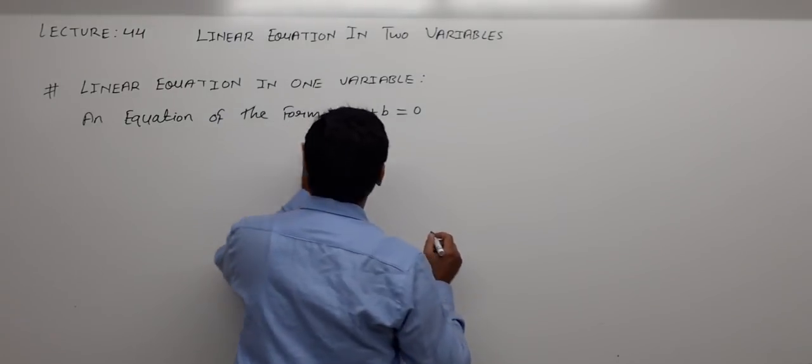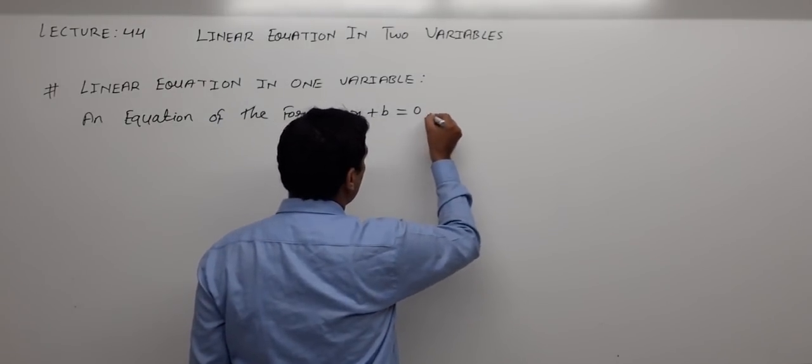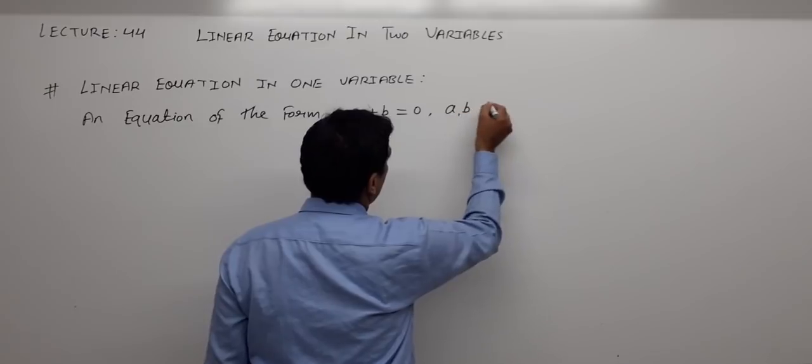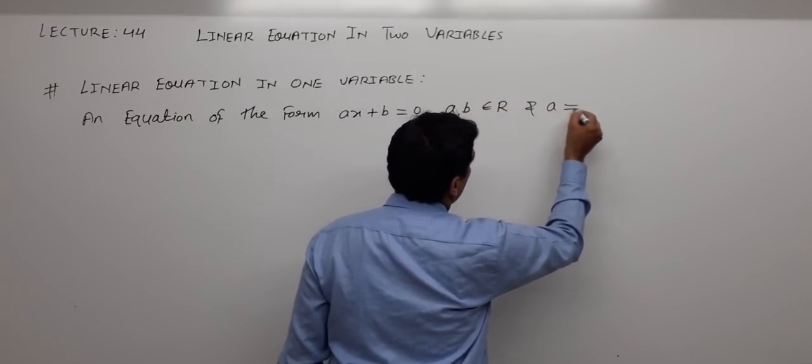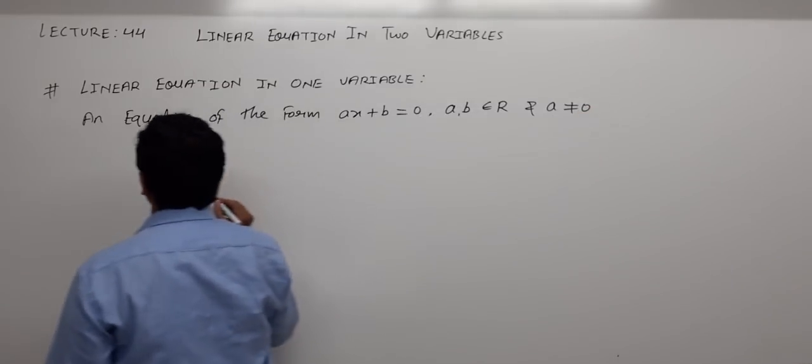An equation of the form ax plus b equal to 0 where a, b belong to real numbers and a not equal to 0